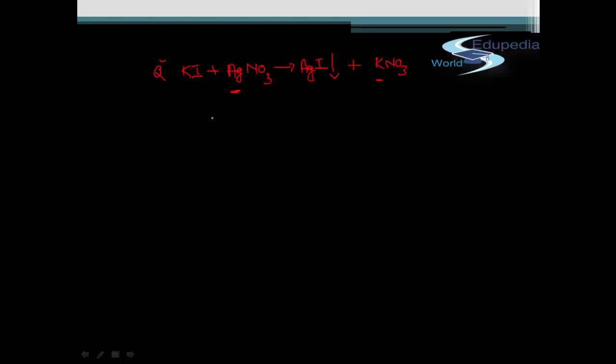So Ag plus is getting replaced by K plus. So what will happen in this case is that if we plot a graph of conductance of solution versus progress of reaction, initially the conductance remains constant because Ag plus is getting replaced by K plus, and both are similar types of ions. So conductance remains initially constant, but after we reach the end point, we are simply adding KI to the solution, so conductance increases. So this will be the case in option Q.